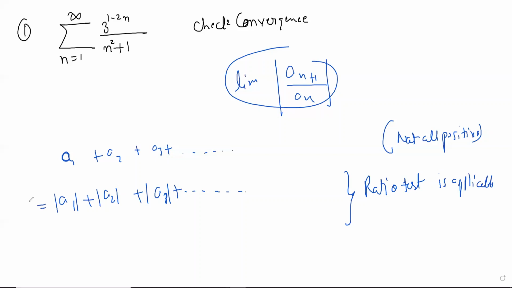You apply the ratio test on this, or maybe I should say mod S, though this is an abuse of notation. This is S, and then this is not mod S, so I'll just say S plus or something. Now, we apply the ratio test on the second series, and we check if it converges. Then you can conclude that S also converges. This is not easy to prove. If S plus converges, meaning if you take the mod of every term, if you make every term positive and still the series converges, it will imply that the original series also converges. But this is not easy to prove, but it's easy to feel that it's true, right?